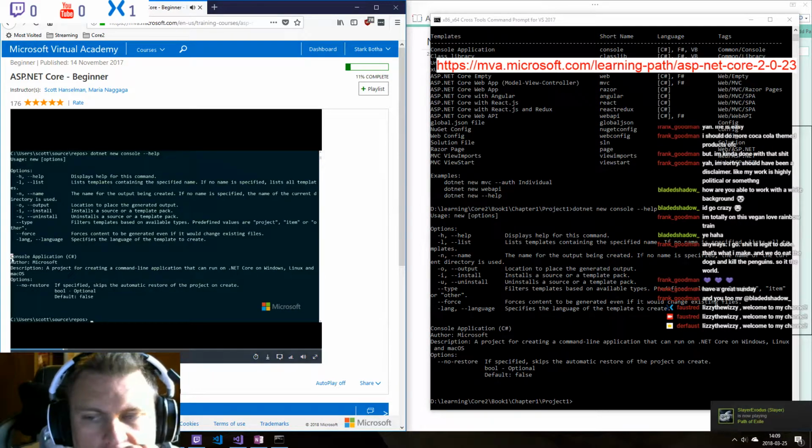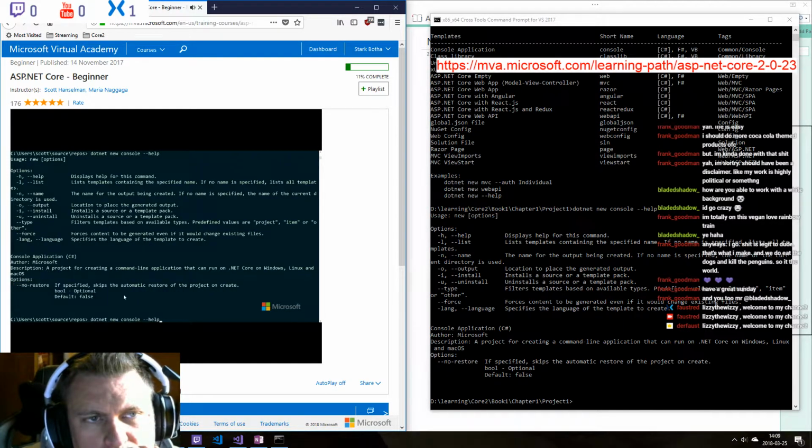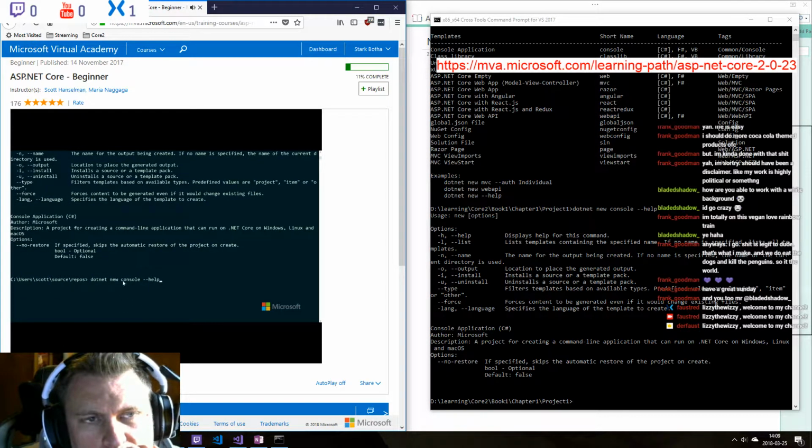So this is the console application template, and here's the help options specifically for the console. Why this is useful is that let's say I get a third-party template from somewhere else. That template might have a lot of complicated options and